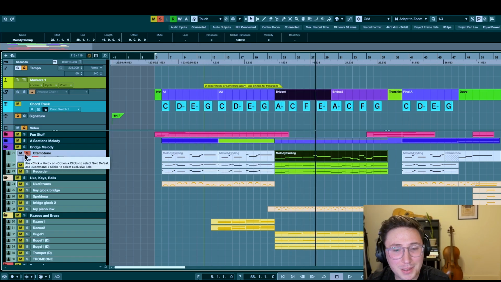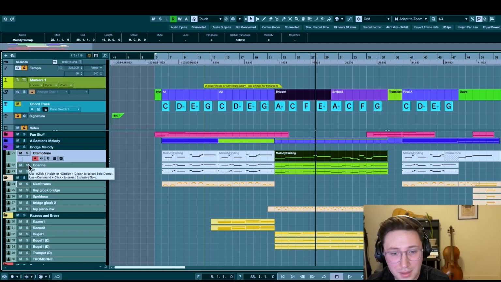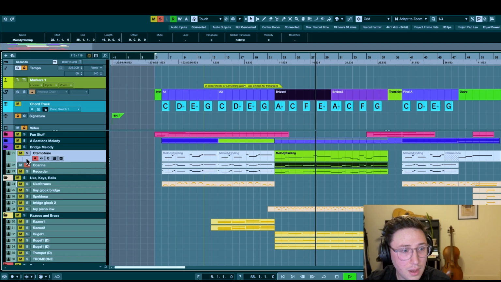I like that patch because it seems a little bit dramatic and over the top, which is how I wanted this bridge to sound. And like I said before, this melody is supposed to be long and sustaining, which contrasts well with the A section melodies, so that when you go back to that melody after this section, and when you come to this section from that melody, it feels like a really nice change of pace. The other instruments we have on the melody here are the ocarina,